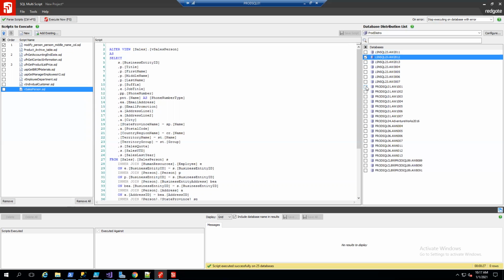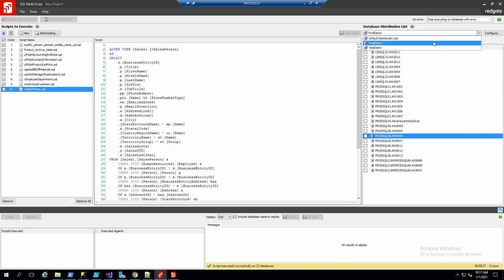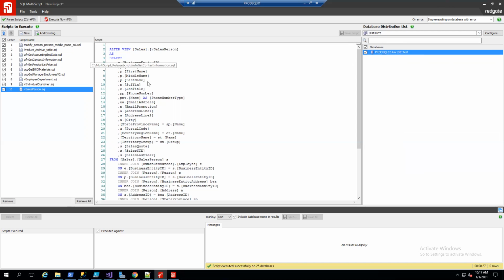So that makes it more flexible, and that DBA can have control over where to deploy the scripts, right? You can just deploy to all or deploy to some, depending on the need, or you can have an additional distribution list depending on the requirements where you'll be deploying the scripts. So the first thing that I said that we will do is to run the scripts